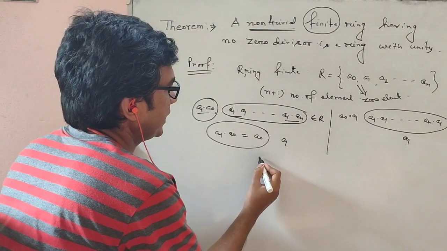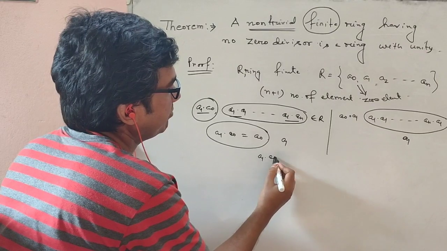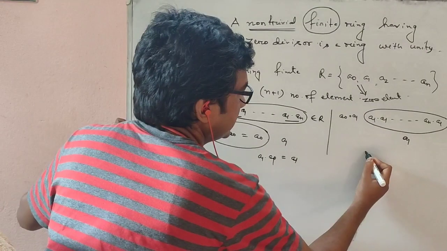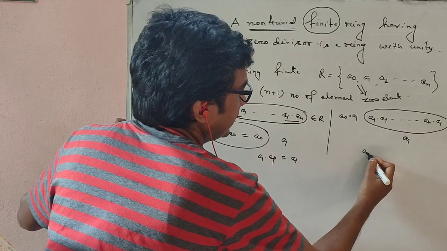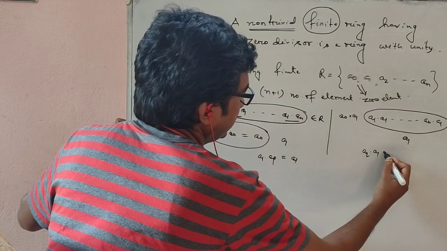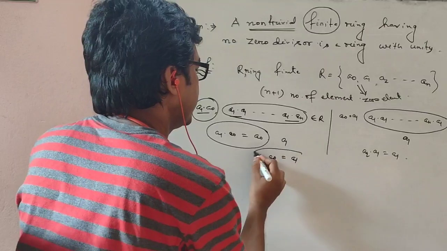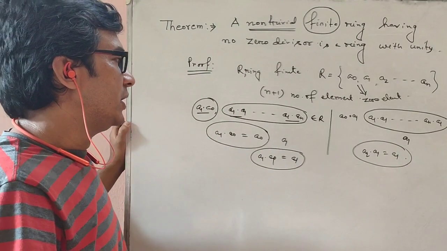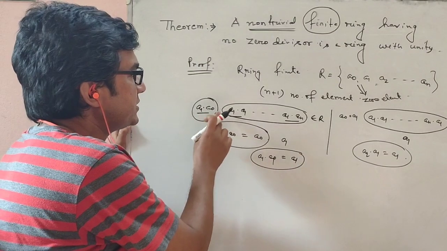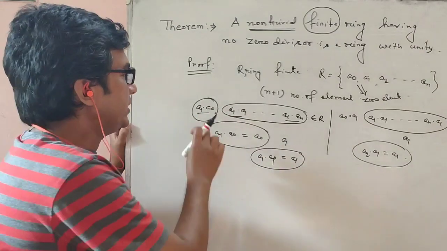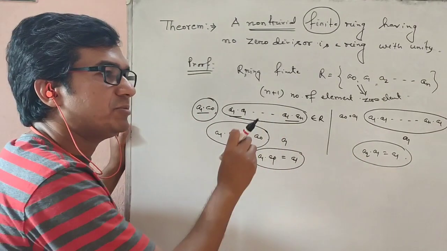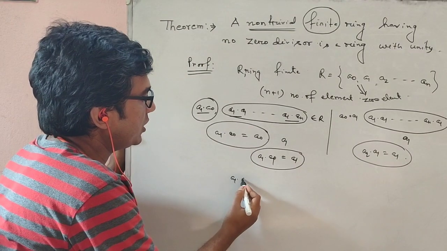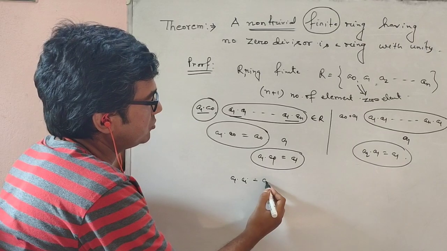Let A1·AP equal A1 here, and let AQ·A1 equal A1 here. Here this and here this. And these n elements, this n plus 1 element must be distinct, because if A1·AI equals A1·AJ,